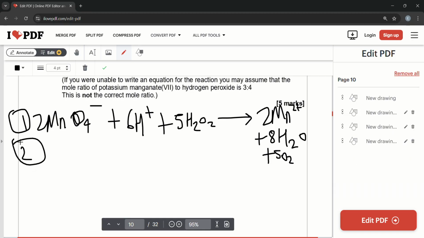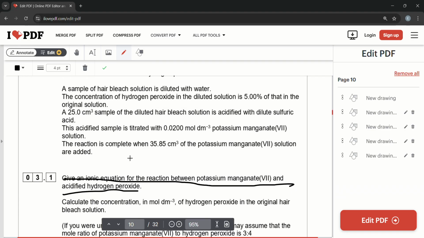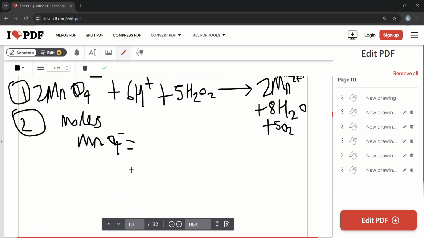is find the moles of MnO4⁻. We do that because we know this much of potassium manganate and this much, so it's going to be 0.020 times 35.8 divided by 1000,